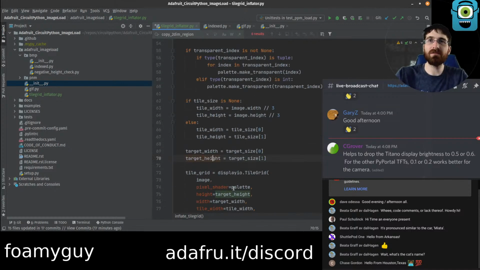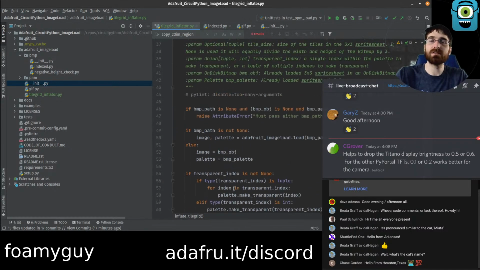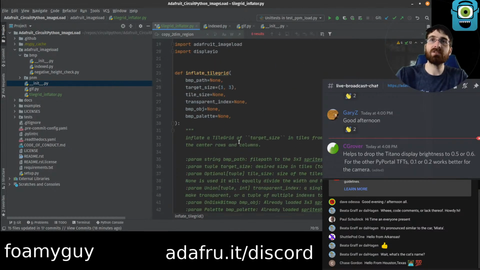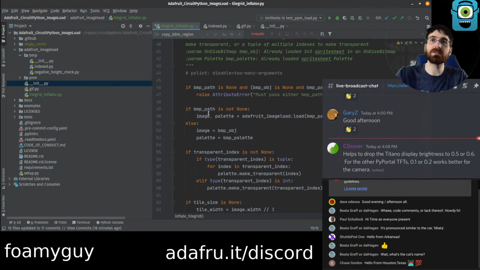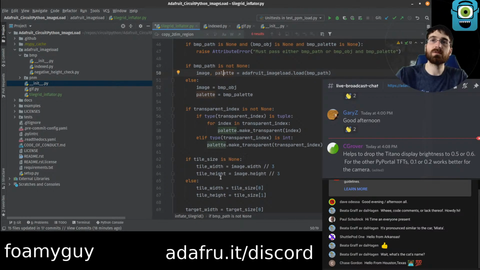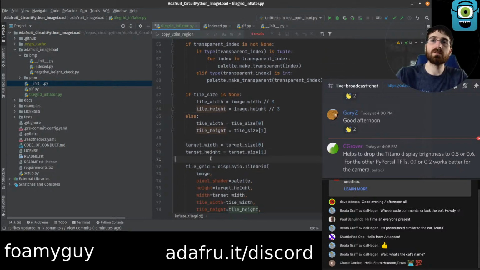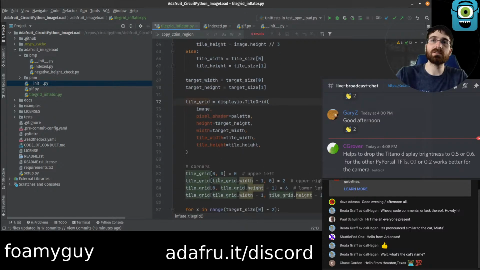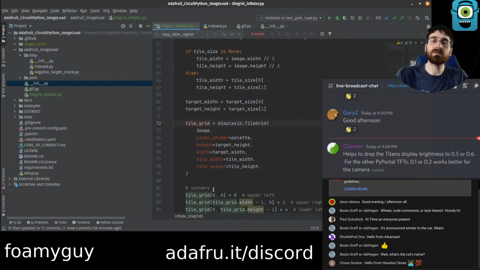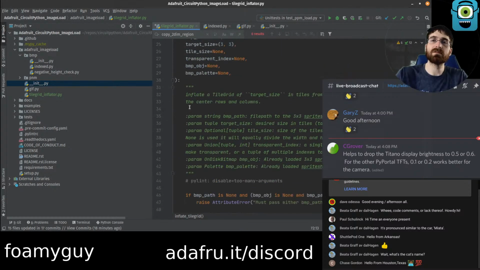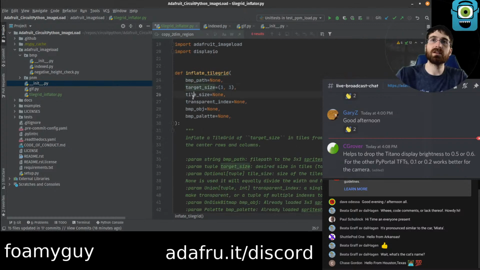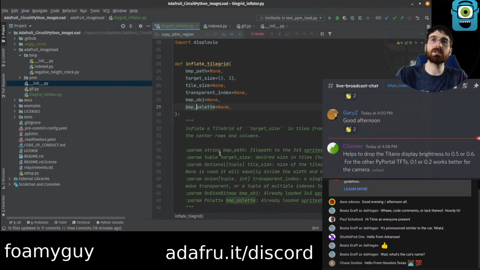We really have 15 variables here? Is it counting arguments? It must be counting arguments. 1, 2, 3, 4, 5, 6, 7. I only see 7. 8, 9, 10, 11, 12, 13.